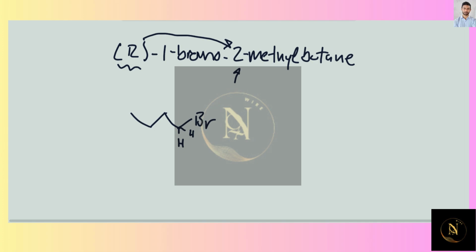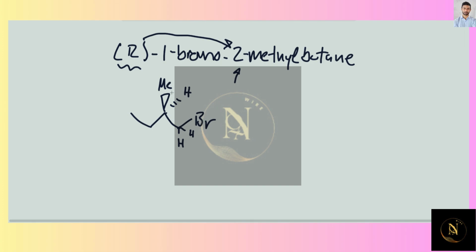So we need to determine whether this should be a wedge to methyl or a dash to methyl. Let's just assume it's a wedge for now, and then we'll double check that that's correct. The reason for that is that when you put a hydrogen in the back, or the lowest priority substituent in the back, to determine the stereo configuration,